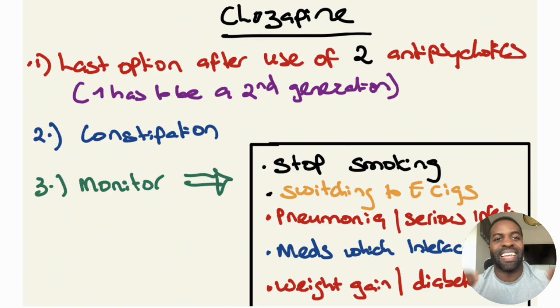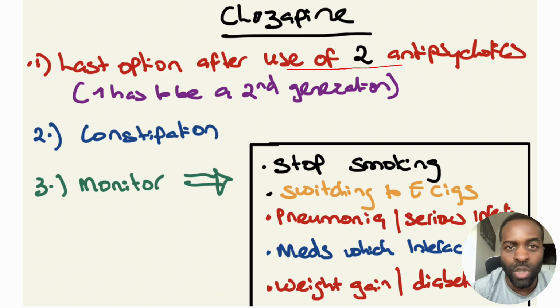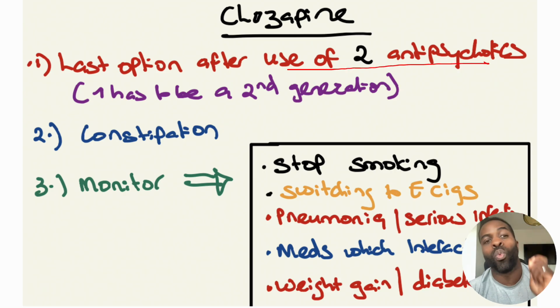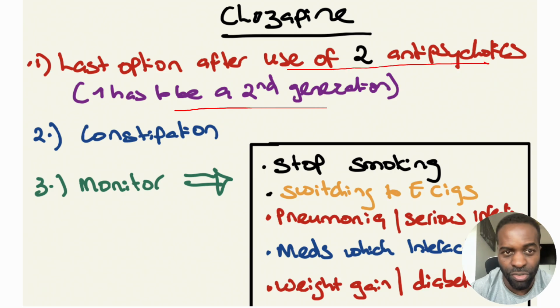So what is the next option to give this patient to optimize the patient's treatment? And they give you different drugs. The correct answer, which has come up in the exam, is clozapine. Clozapine is the last option. Hence the reason why I use this mnemonic called close the door. Close the door. Clozapine simply means it is the last option antipsychotic. Again, remember the conditions: after the use of 2 antipsychotics, and one of these has to be a second generation